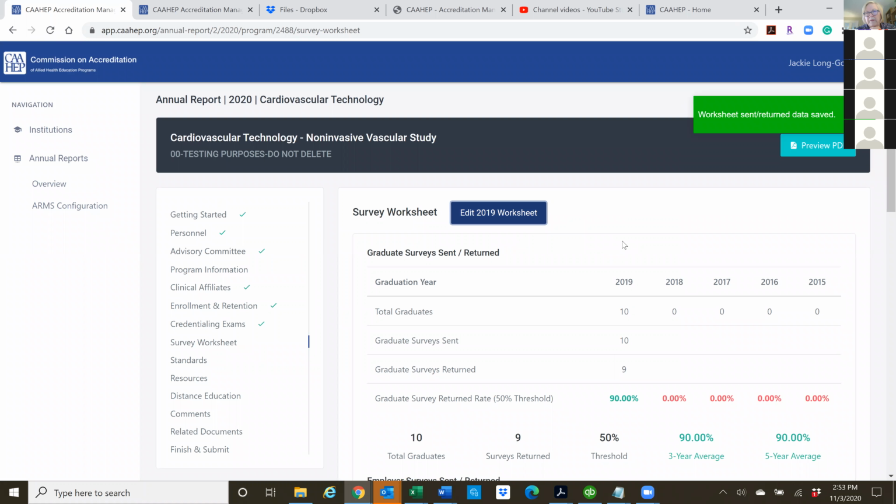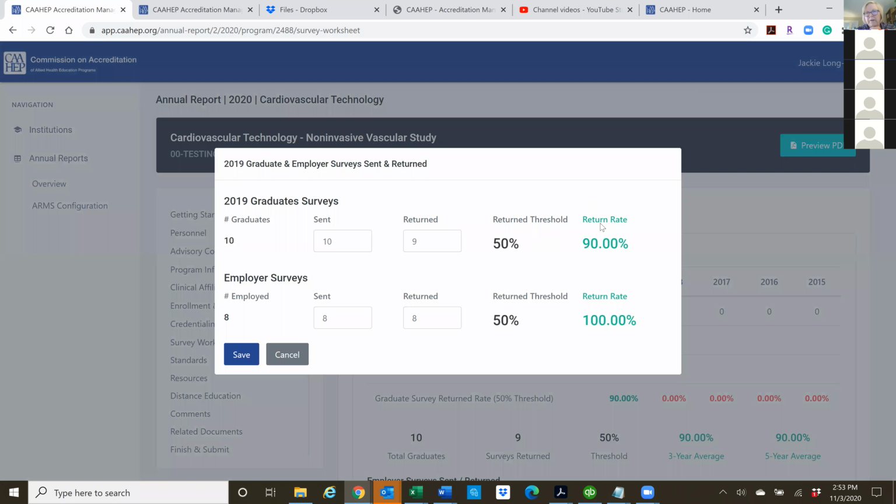And again, the difference here is in the old system, we had to go in and manually calculate that, because remember, we're looking at the sent rate instead of the return rate, because that's totally out of your control. You can beg, borrow, do whatever, and people will or will not send the surveys, but you are responsible for sending them. So JRC-CVT now looks for 100% of this, and I just have to flip this in your system now. I'll go back in and reprogram this so that it will be the sent rate, not the returned rate. So we'll be able to see that right in front of us.